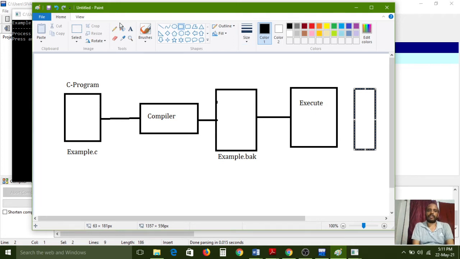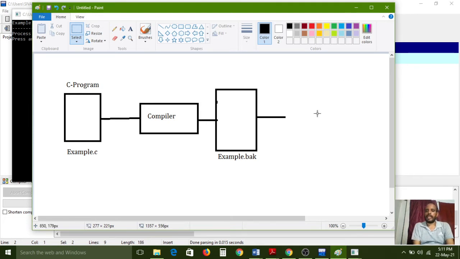wait, here I have forgotten some concept. Here I just removed these two things. So the example backup file has been generated now. After that, while executing, one backup file as well as one .exe file will be generated. Here the data file is a compiled file, and it will also generate one more.